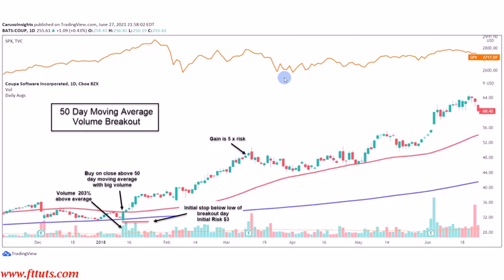So again, you want to be part of a consolidation period here, a shaping structure. And what you want to see is the stock break above that 50-day moving average. You can buy on the close, and you really want to see a volume increase for this. So the 50-day moving average is really an important